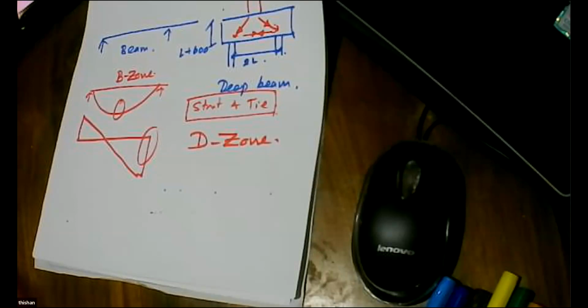Is that clear, Vanduka? Is the B zone and D zone business clear? Yes, sir. But we'll be talking about it in great detail. But I just want you to understand. That's fine. There's something called B zone and D zone, right? How we deal with D zone is a completely different story. It's one or two lectures on its own. But you have to understand that